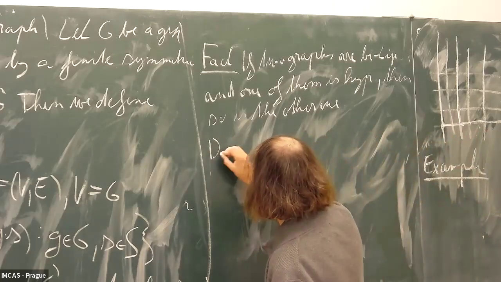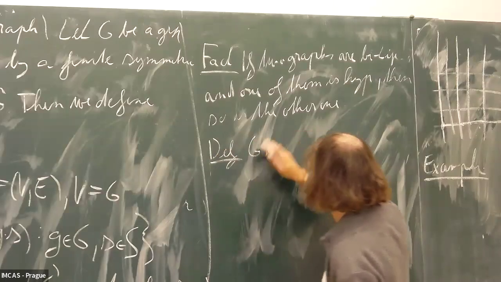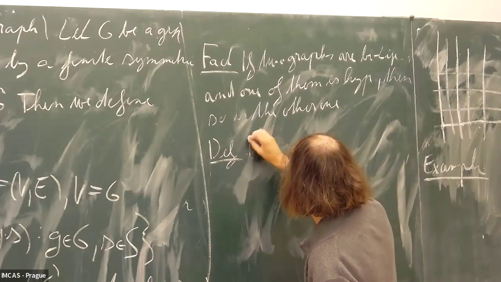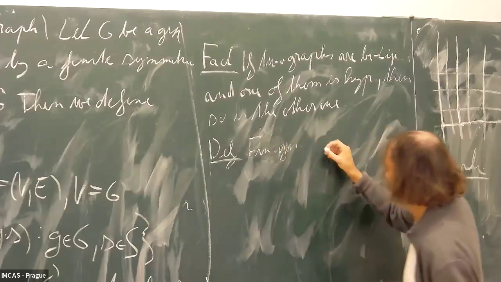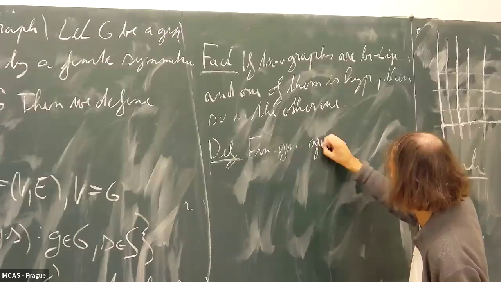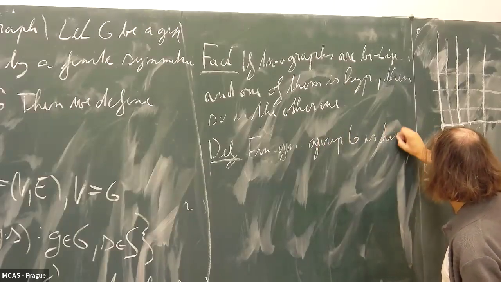Because of this, we can just define: a finitely generated group G is hyperbolic, for example, if